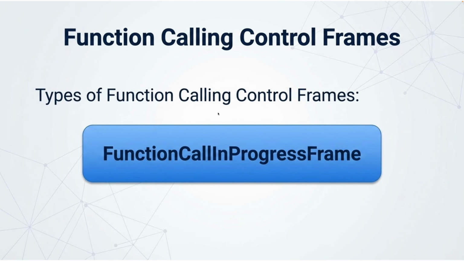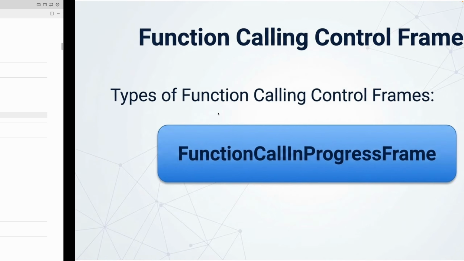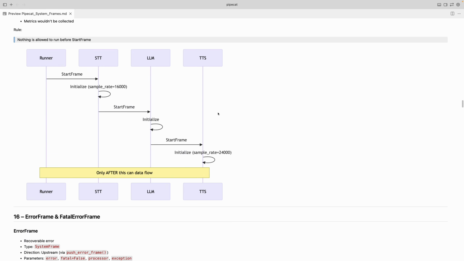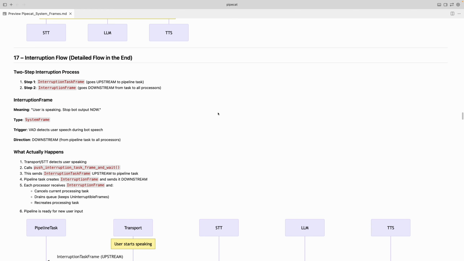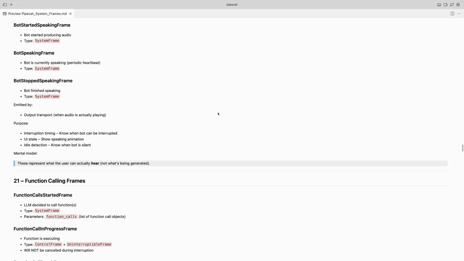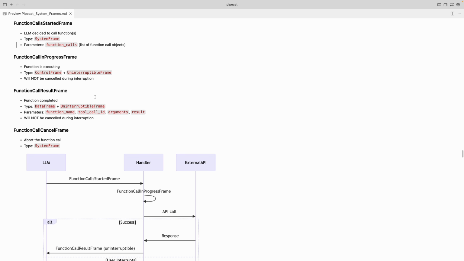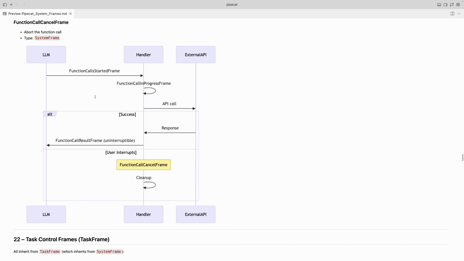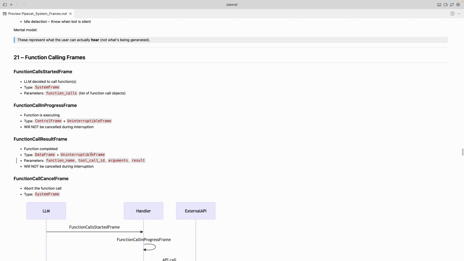And next we have function calling control frames. Function calling control is something that we discussed a lot. So I'm just going to check over here for a second. Yeah, in SystemFrame we discussed function calls. So I want to come to this diagram. We have function call started frame, function call in progress, function call result frame, and function call cancel frame. So function call started and function call